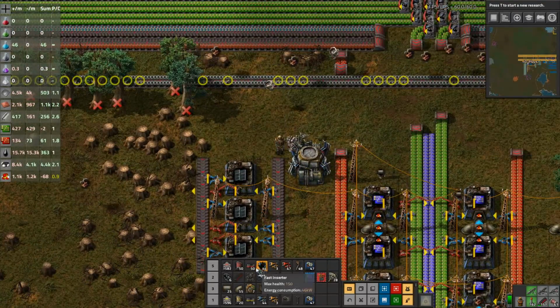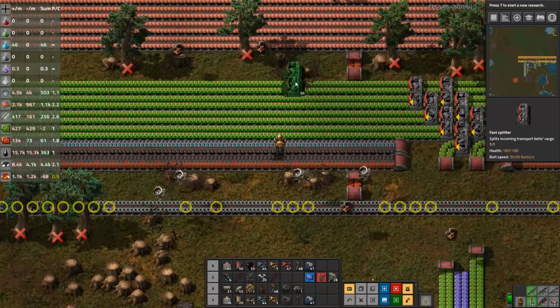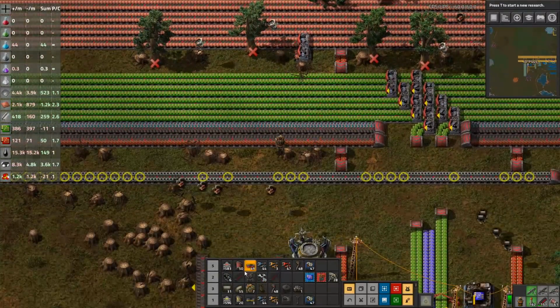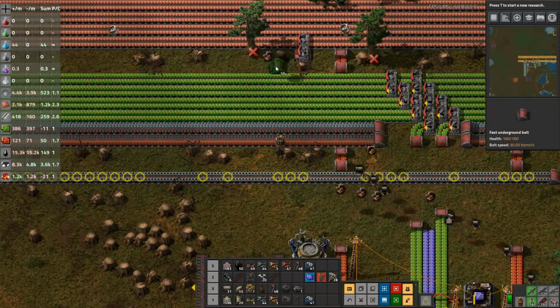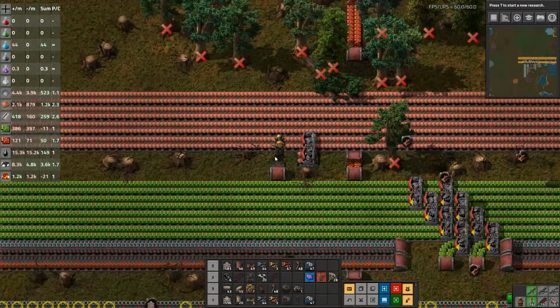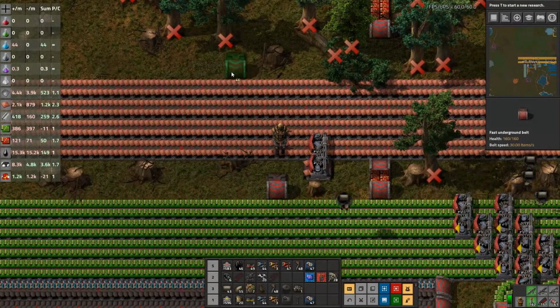Alright. So we need a copper, which is this belt here. I'm going to offset it by 1, because this will be our underground down. And the steel's obviously going to come in on this side. So I need to have a steel...